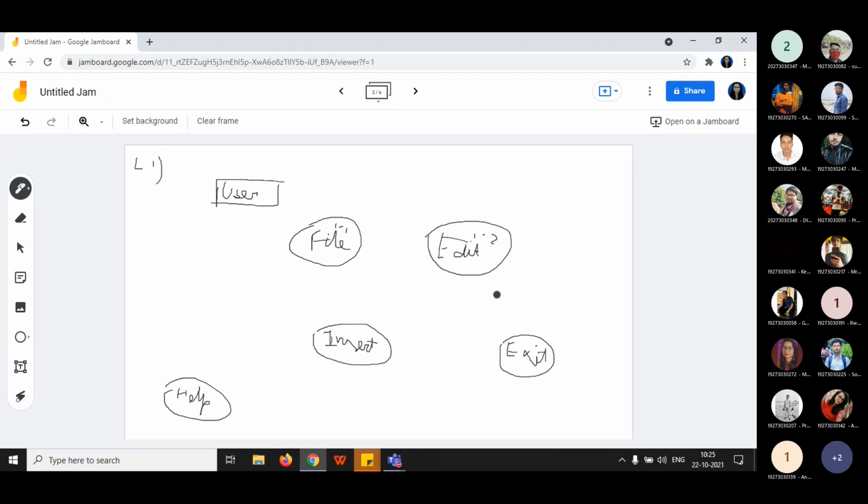So 1.1, 1.2, suppose 1.3 is there. Next, exit 1.4. Next, help 1.5. Now, how are they linked with each other?